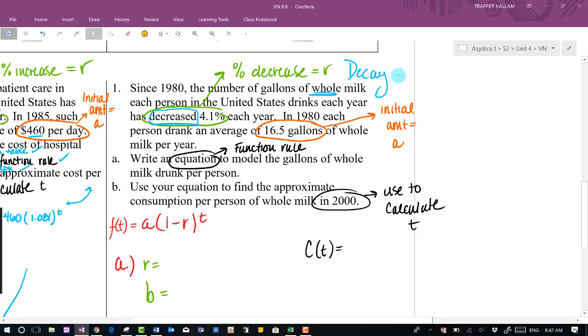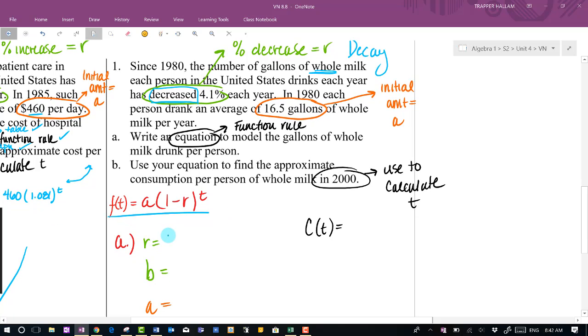So initially, I'm going to come down here and write out my function rule. All the information is going to flood into my head. F of t equals a, my initial amount, times 100% of my original minus whatever my rate decrease is. In this case, it's going to be 4.1%, times however many time changes or events have occurred. So let's read on and find the rest of our information. I guess we can write r in there since we found that. Our percent decrease is 4.1%, or let's go ahead and change to the decimal,